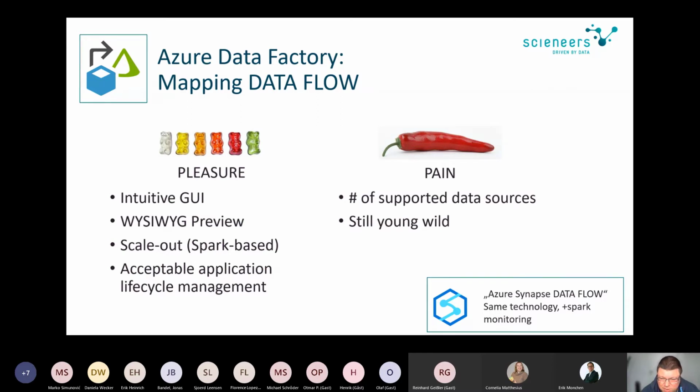Okay, it doesn't have as many supported data sources as Integration Services, and it's still a newcomer, I would say. So if you have to pitch it for use in your company, you will have a lot of people saying, okay, is this really good? Is it really working? Is it really stable? But there are other technologies we will see which are even younger, and so this is pretty good. It has one